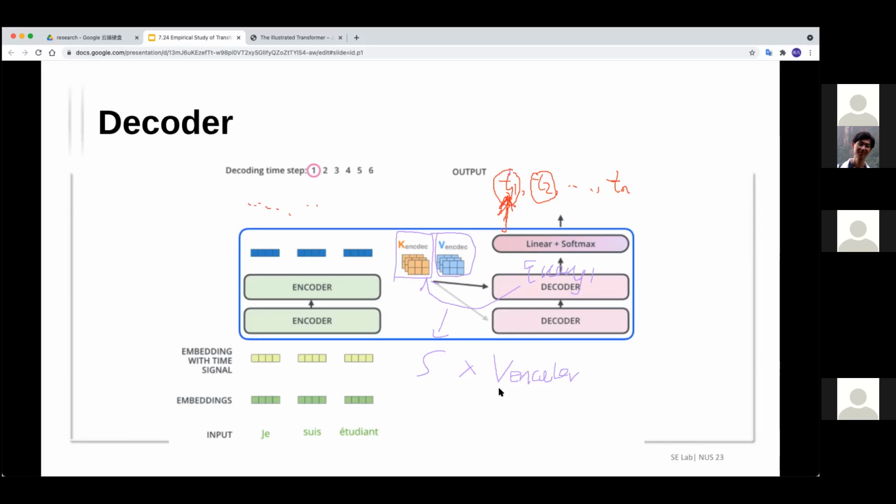But I still have a question: how do we derive such a query at the very beginning? Will this query be an arbitrary query, or where is this query coming from? Or maybe it starts from the position embeddings or some other embedding there. Yeah, mostly just the CLS of the encoder because